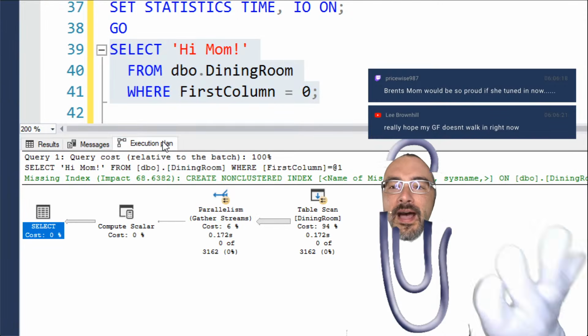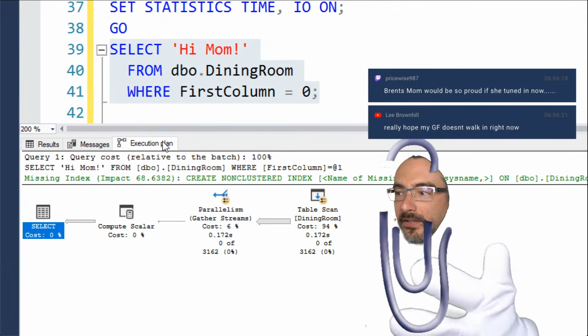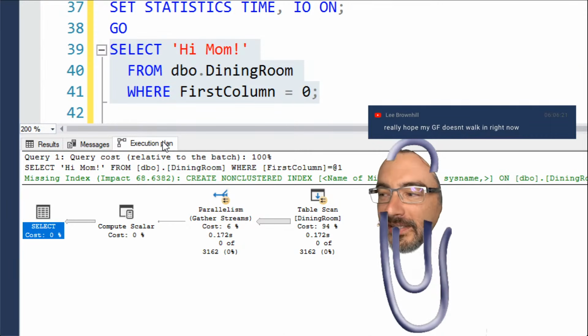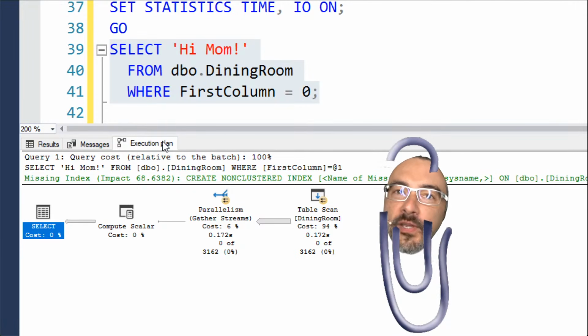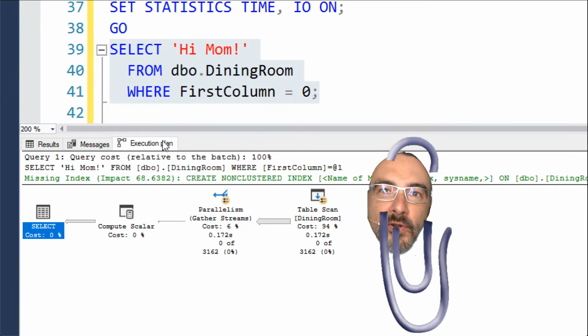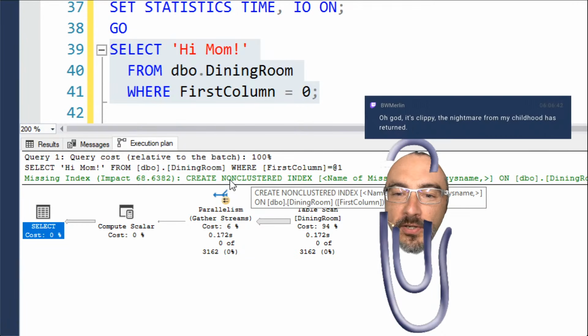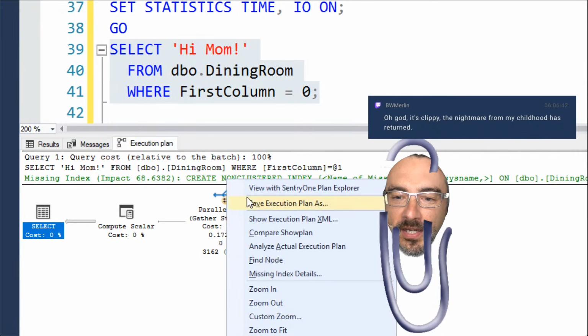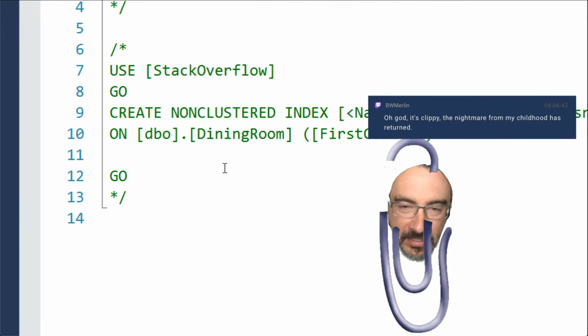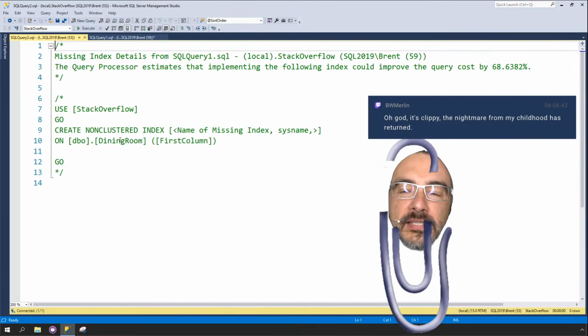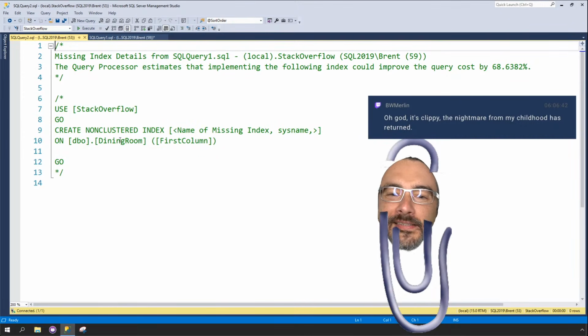So this is where I come in. See here, this big missing index request that says, hey, it really would help if you had an index on the dining room table. So what I'm going to do is right click on here and go show me the missing index details. And so this is where I pipe up and I say, hey buddy,